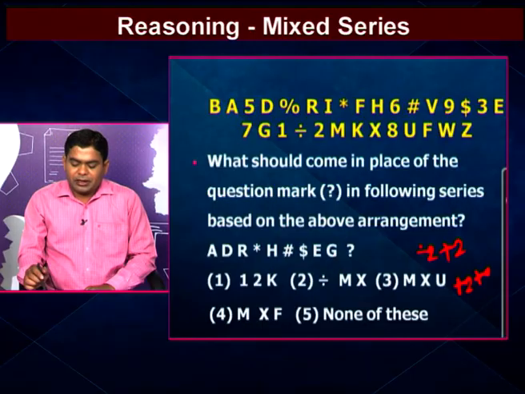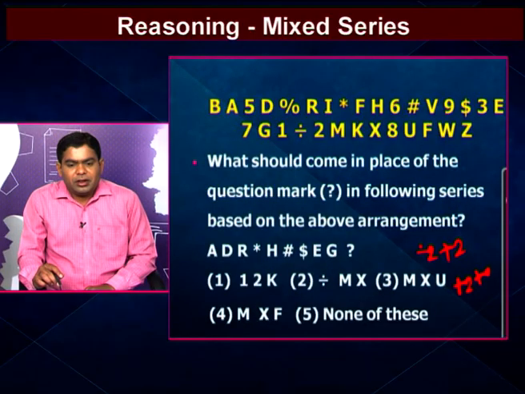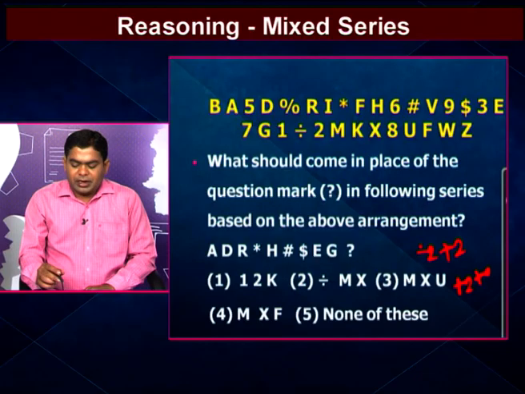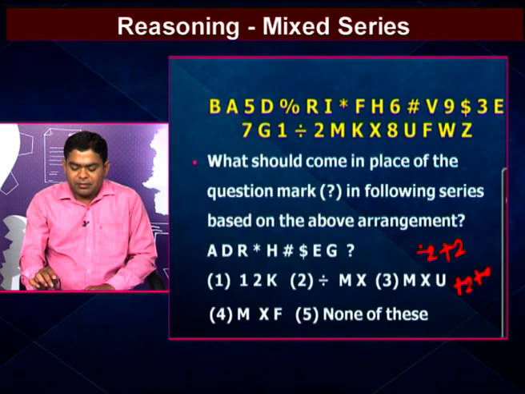Again we take the star. That one is also followed plus 2. Again that one is followed plus 2. That means hash. After that 2 elements are left out, that one is V and 9. After that dollar is taken. That dollar is also followed by plus 2 and that followed by E also followed by plus 2. So according to our rule, plus 2 is followed. First one element is left out after R. After that hash, 2 elements are left out. That's why we leave the 3 elements after the G. So after the G, 1, 2, 3, these 3 elements are left out.